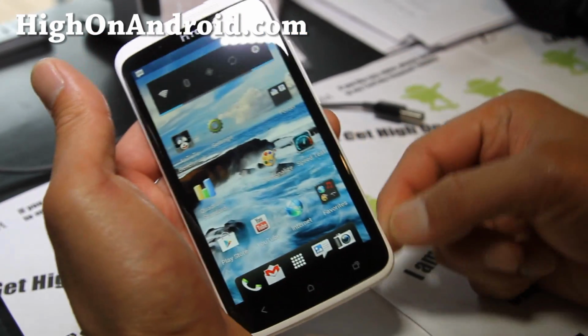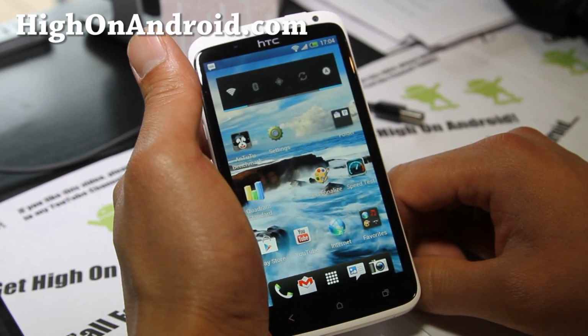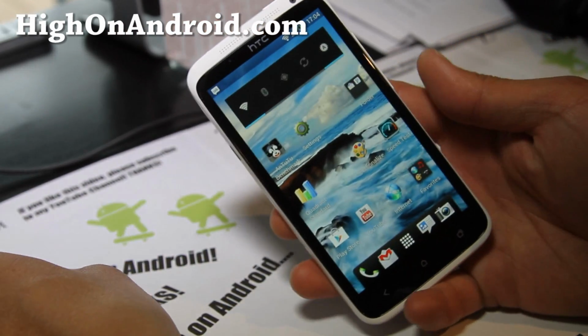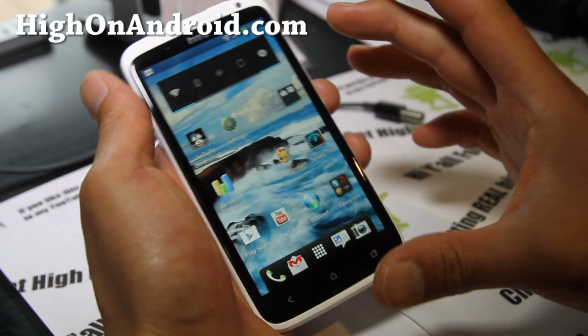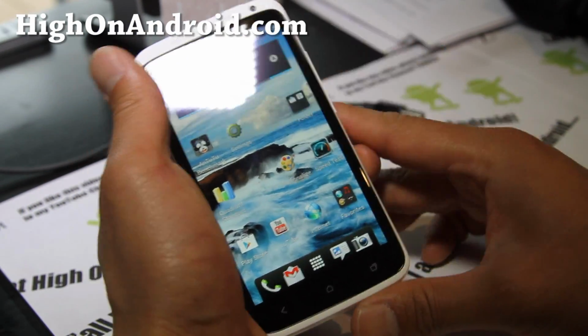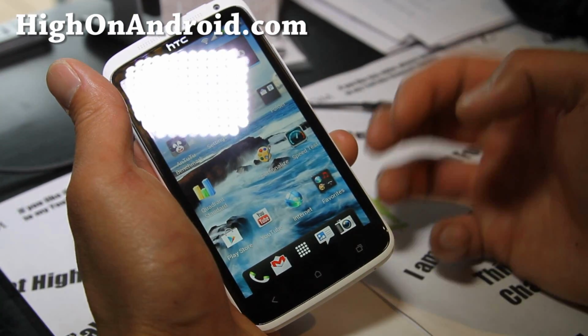Unless you want note-taking abilities, then definitely Galaxy Note is for you. But I feel like I've been using my Galaxy Note probably the most often, and I really love the bigger screen. But this isn't that bad. So long as you don't need a Galaxy Note, or you don't need the note-taking features, this would be a